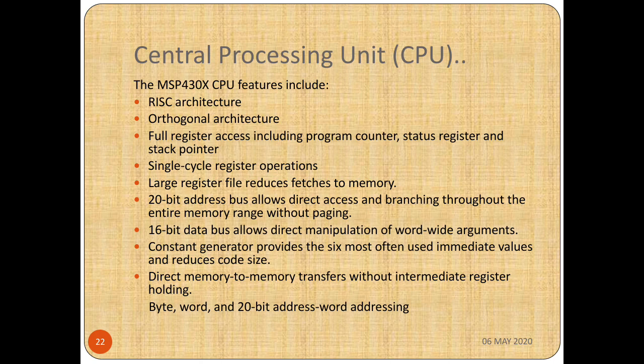Dedicated operation means here R0 acts as the program counter, R1 acts as the stack pointer, R2 acts as the status register, and R3 acts as the constant register. When more constant registers are required, then R2 and R3 act as constant registers, and the remaining are general registers. That means the 12 general registers can handle data and address. So this CPU can interact with all other components present in a processor by using 2 buses, that is the memory address bus and the memory data bus.